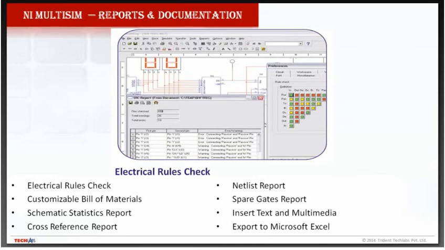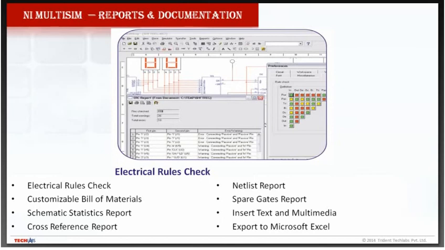This kind of rule checking, it runs and gives you the result. It could even give you some result like a bill of materials. Suppose in our circuit we have two resistances, three capacitances, one op amp, one voltage source, one oscilloscope. We can create the bill of materials report, and it will give all those details: how many components have been used, which component, what is the value. It will give all those reports.